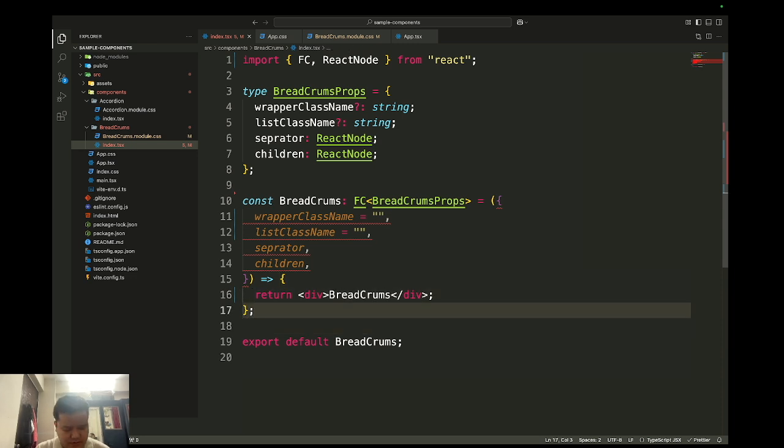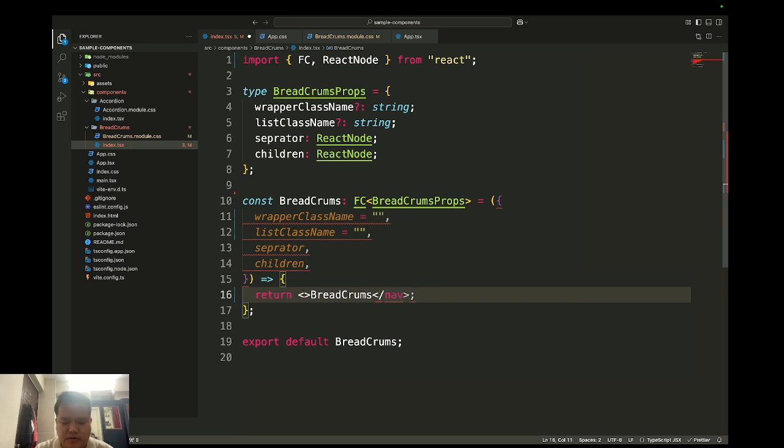So in this breadcrumbs, we can have something like a nav, the main wrapper. Okay,